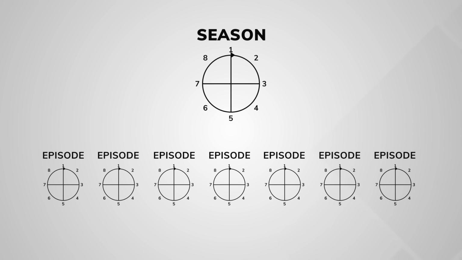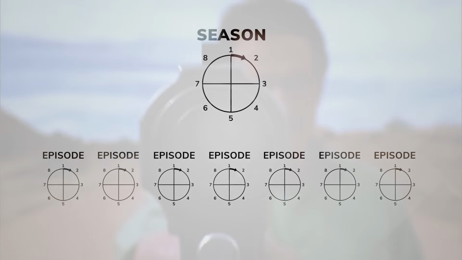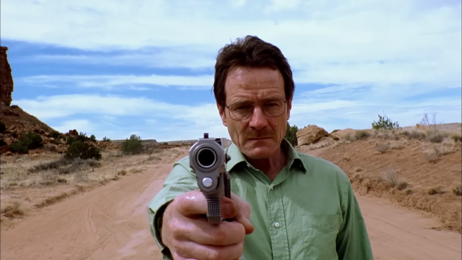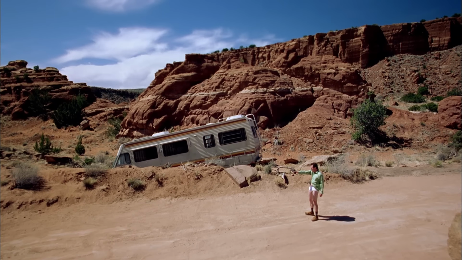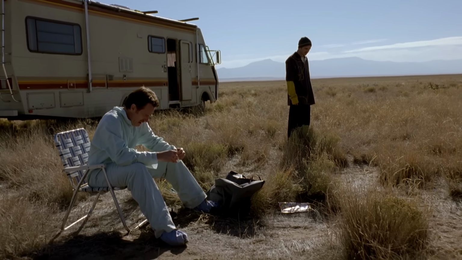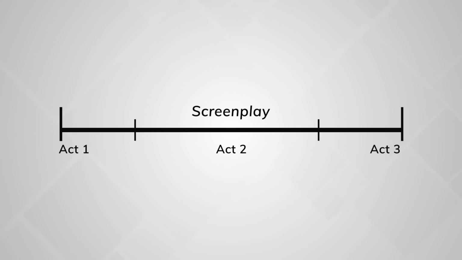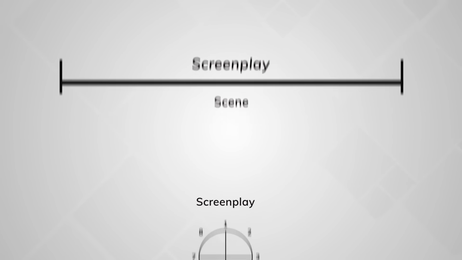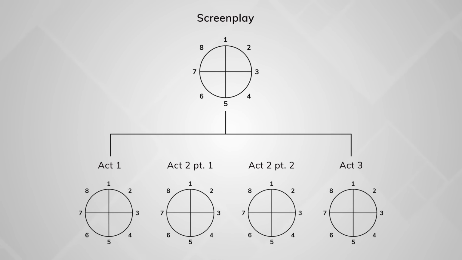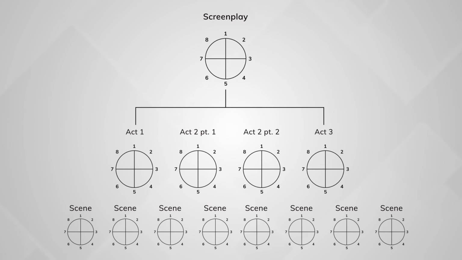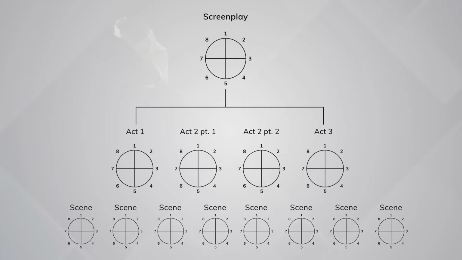And so if you look at a single season or episode of television, they are contained stories that run through full story circles. So I want to examine the structure of the first season of Breaking Bad, as well as each individual episode in the season to give an understanding of how the story circle can be used to structure your show at different levels. Just like I explained that a feature film has a large story circle for the whole story and smaller story circles for each of the acts, a television season and its individual episodes works the same way.